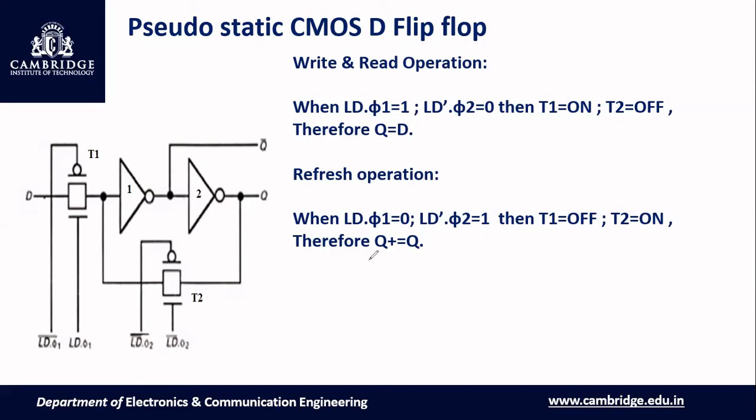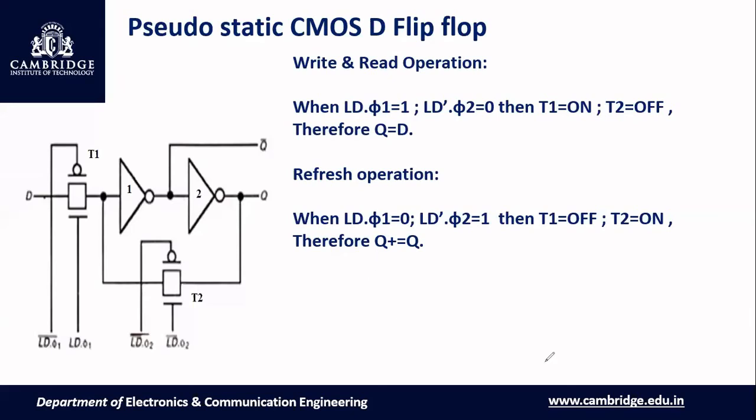So you just go through the circuit diagram. We have used two transmission gates, T1 and T2. And we have used two inverters, inverter 1 and inverter 2. D is the input. Q and Q bar are the outputs. Simple D flip-flop. You can analyze, I think, no?